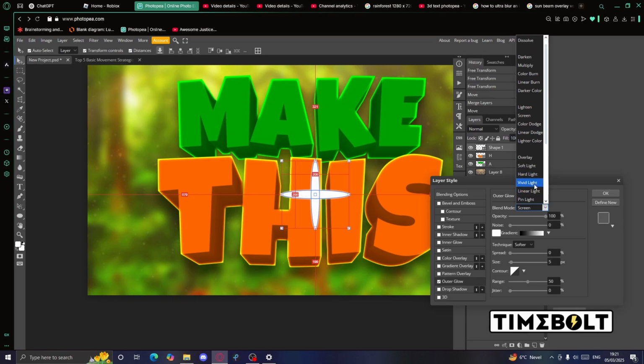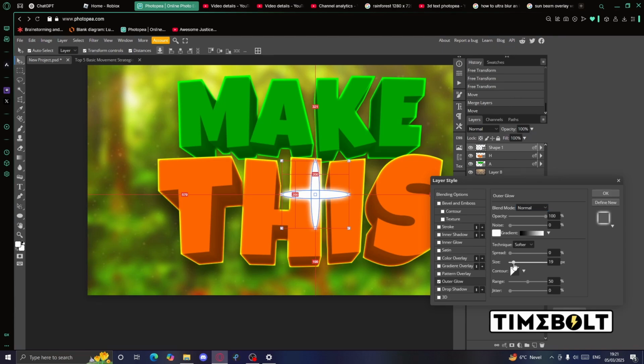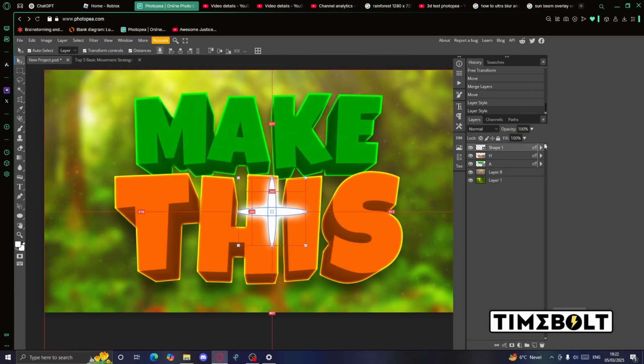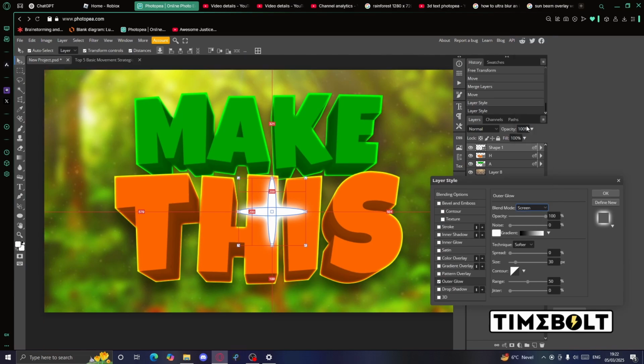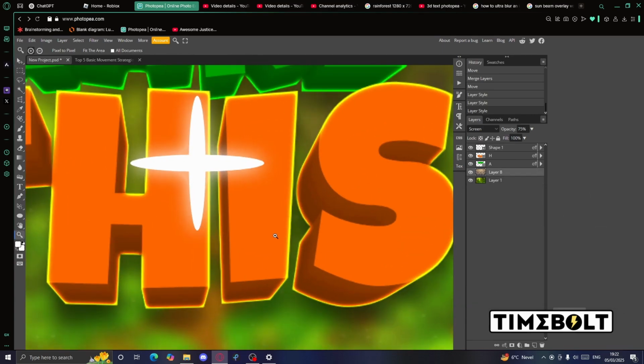And then the blend mode, some people like to do overlay. Personally, just for this spark, I don't really like to do overlay. I'll just go normal. And then you can change the size to however much you want. So I like to have it quite a nice centered color, so it's nice and narrow. So I think that's a bit too bright. I'll go back and actually change it to screen, because I think screen looked better. There's basically no difference. Okay. In that case, I'll change the opacity to a bit lower, just so it doesn't glow as much. And yeah, I think that looks good, right?